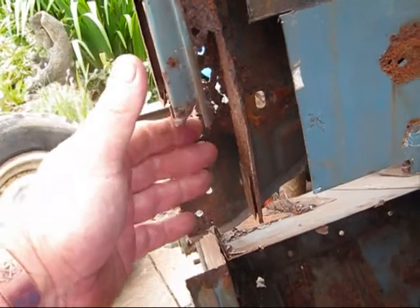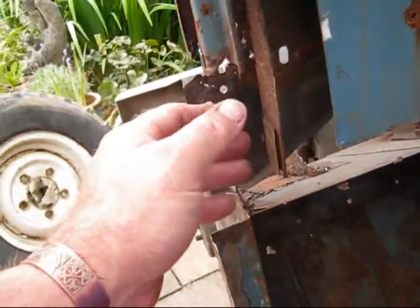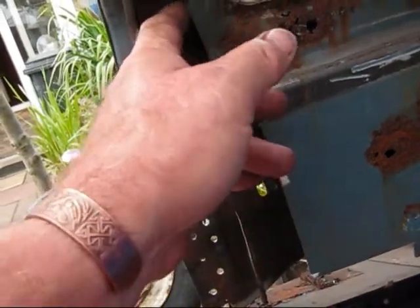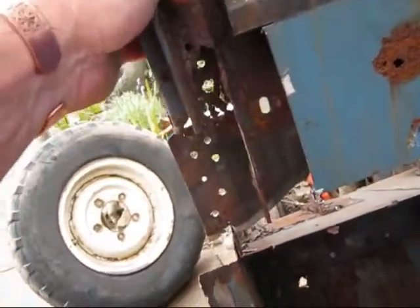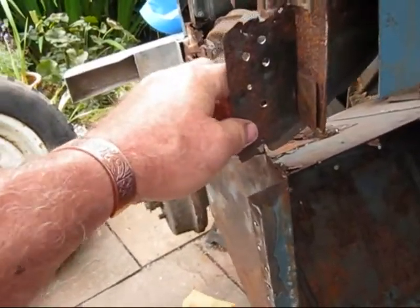So I'll put this little section in here if I can, and get that lined up a bit. I know I've got a bit more work around here, and I've got to make all this up, but it is quite sturdy apart from that moving. But once the foot's in and the pillar's in,